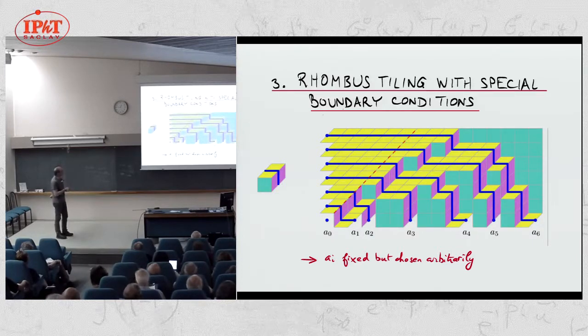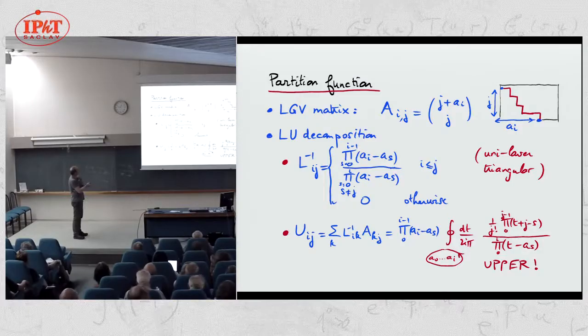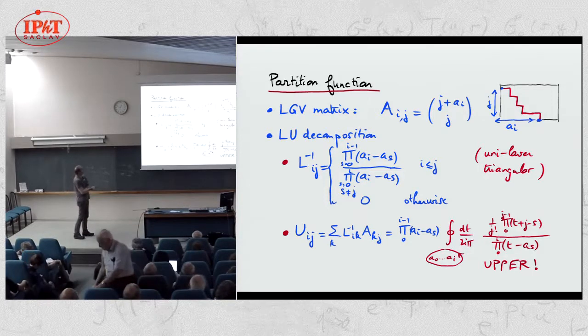So in terms of lattice paths, it's those paths. These are paths drawn on the square lattice, which can go right or down, if you see them going from left to right, and which end up at prescribed positions. All right, so let's just do the same. There's a Lindström-Gessel-Viennot matrix here that counts the partition function of a single path. Actually, I start from the bottom and I end up on the left, so my paths are going up and left, from the ith point here, A_i, to the jth point here, j,